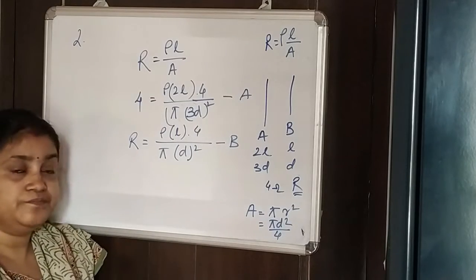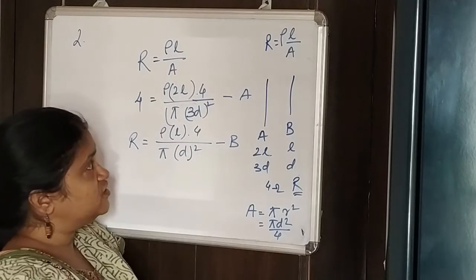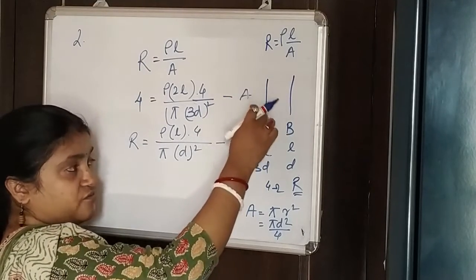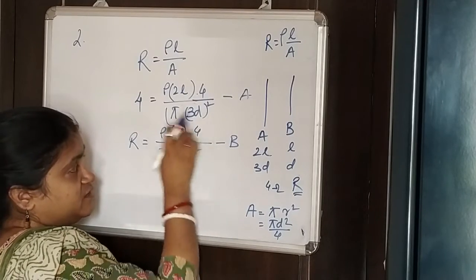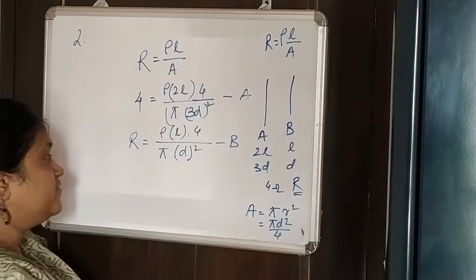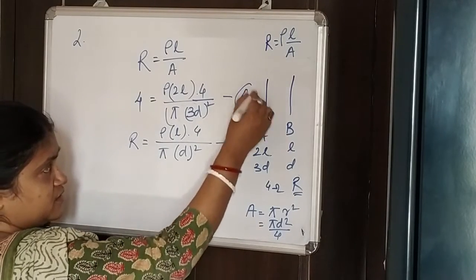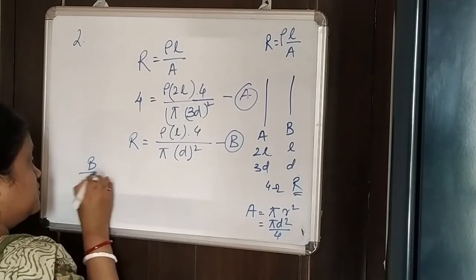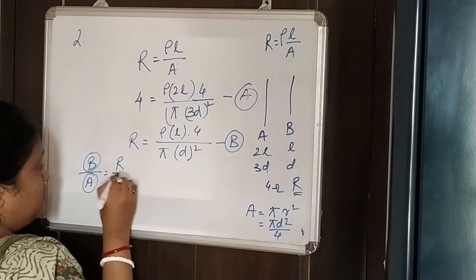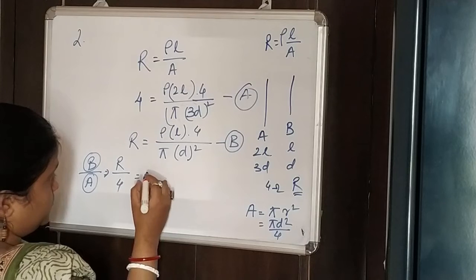This is for B. So what we see is that we have two equations. The first equation gives me the resistance of wire A, and the second equation gives me the resistance of wire B. Now I would do B by A. If you do equation B divided by A, you will get R by 4 is equal to